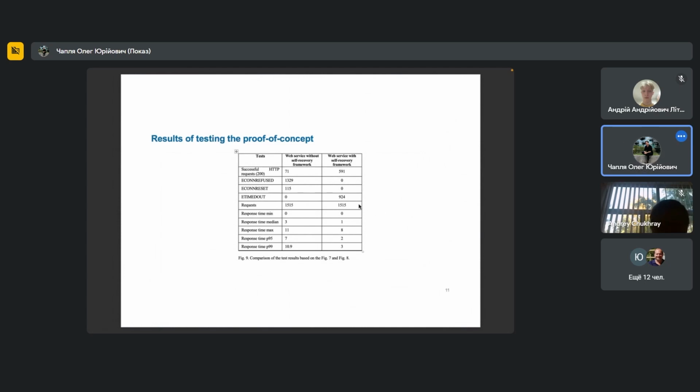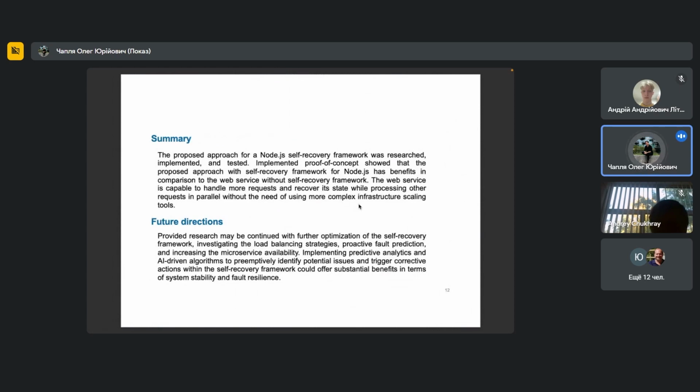So as a summary, I implemented that approach, then created a test application for it, implemented test cases, checked results, and found that that approach works a little bit better within the scope of one microservice and executes faster without the need of a redeployment or recreation of a service in the scope of overall architecture.